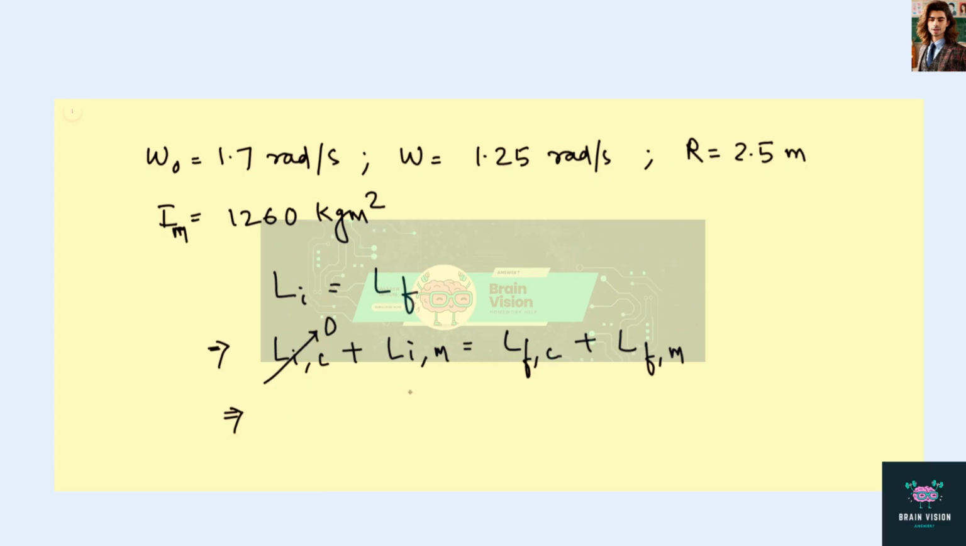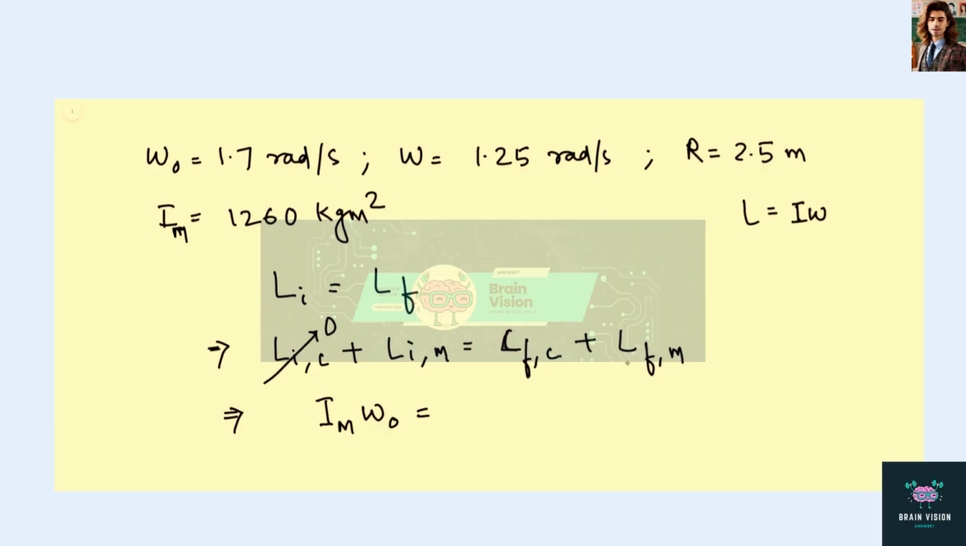Now angular momentum is given by I times omega. Therefore, for the merry-go-round, this will be equal to I of the merry-go-round times omega of the merry-go-round initially, which is omega naught. And this is equal to